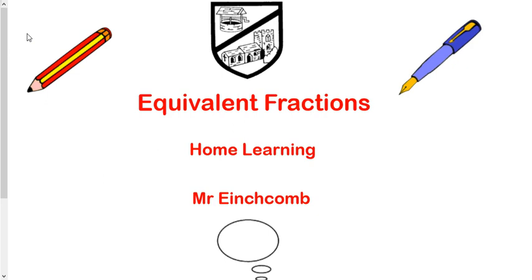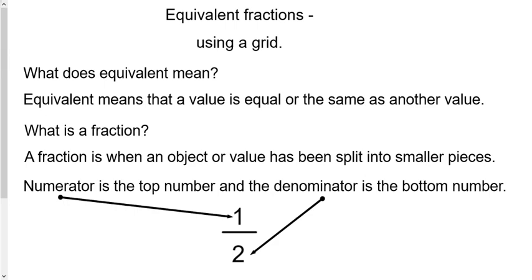Today we'll be looking at equivalent fractions. To start things off, we need to understand what is meant by equivalent fractions. Equivalent means a value is equal to another value, whereas a fraction is a smaller part of a value or an object. So an equivalent fraction is a fraction that is equal to or means the same as another fraction but written